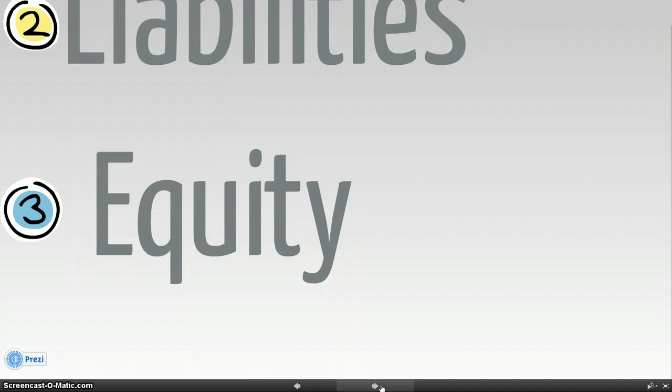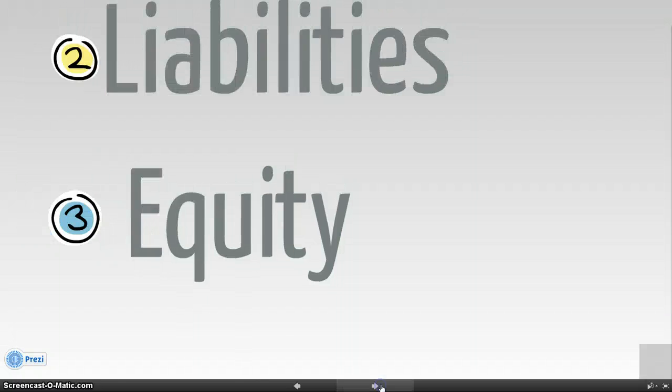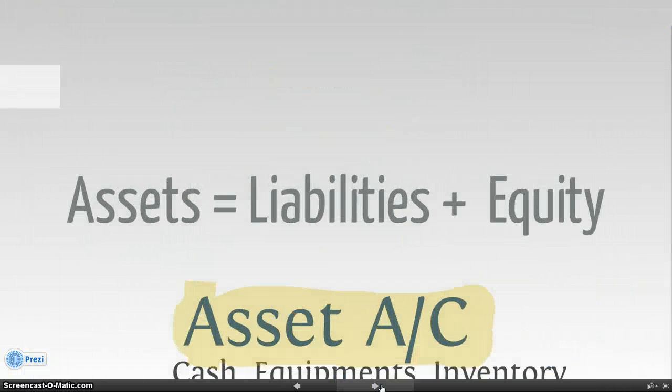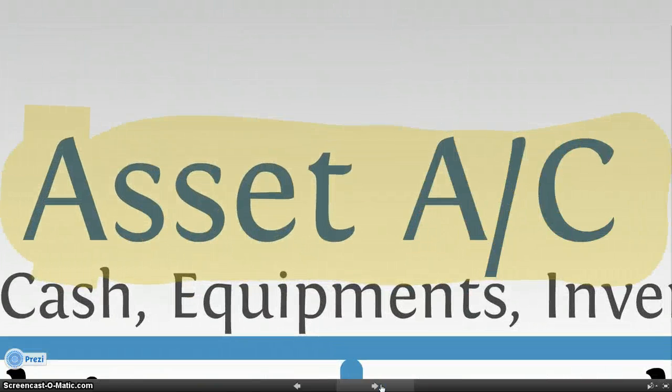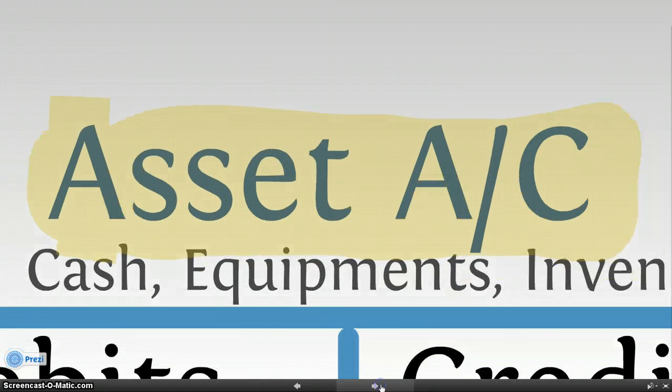So for now we'll focus just on asset and liability accounts and the credits and debits for them. But just to keep in mind those three types of accounts, the way they are related is total assets equal total liabilities plus total equity. So in the asset type of accounts, such as cash, equipment, inventories, and stuff like that,